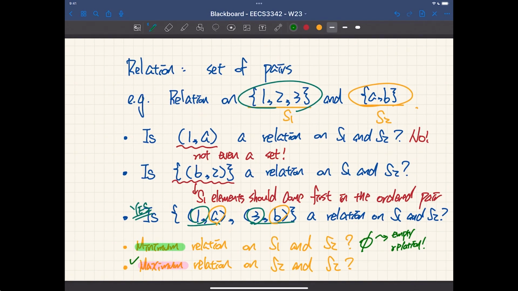And you have to use, a little hint, what we just covered maybe about 20 minutes ago. Yes, exactly. You got to use the cross product, because you want to figure out exactly how to enumerate all the ordered pairs between S1 and S2. And the way to do it will be the cross product.